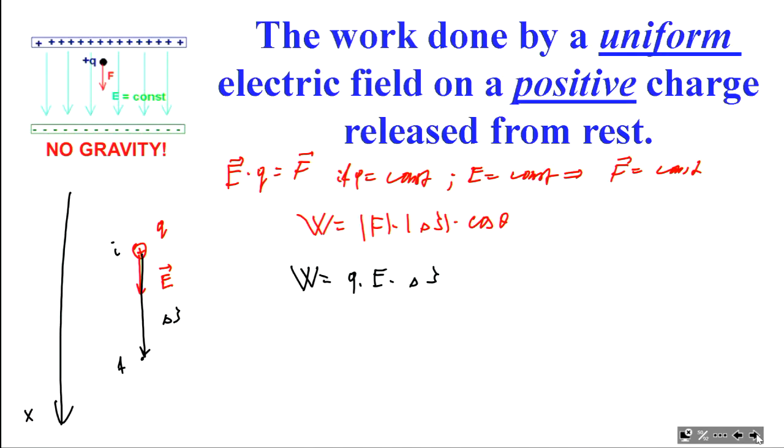So that's going to be x initial, that's going to be x final, and the expression will be equal to the product of a charge times the electric field strength times the difference